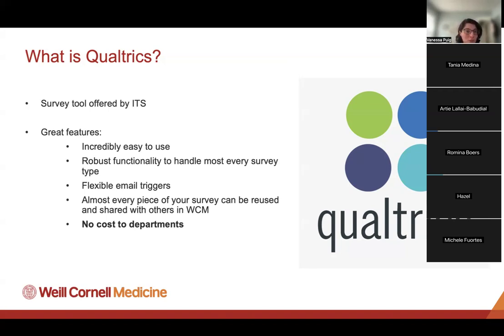There are a lot of advanced features, of course, so it can feel overwhelming. Like, what can I do with this survey? But hopefully, with this session, we can just touch on the basics: how to create a survey, how to get it out there, and how you can look at the data, which are the basics that you need to do any of this. There's also a lot of robust functionality, which I mentioned, and it can handle a lot of